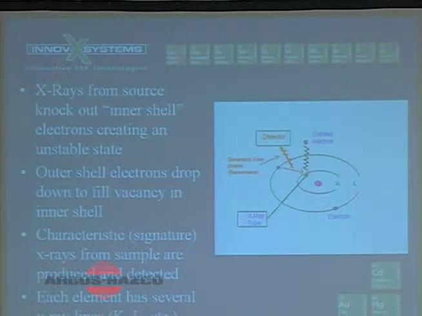Right at the window, it's less than that. So let's take lead. That's easy, and a lot of you are going to deal with lead. We use the L shell of lead. The reason is it takes about 23 keV of energy to dislodge an L shell electron from lead,